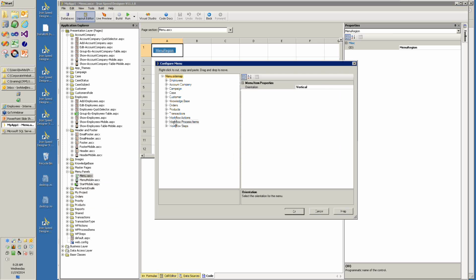We've got workflow at the bottom, but I want to have the process items first because it's the primary table we're worried about. These are used for auxiliary steps. And with that,